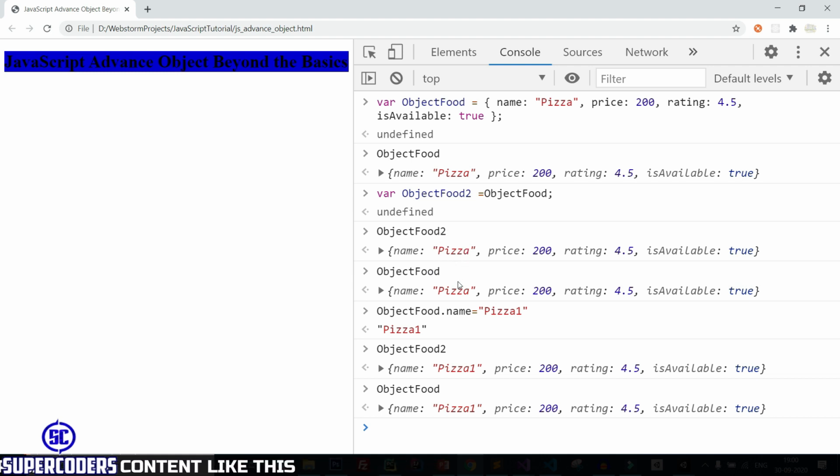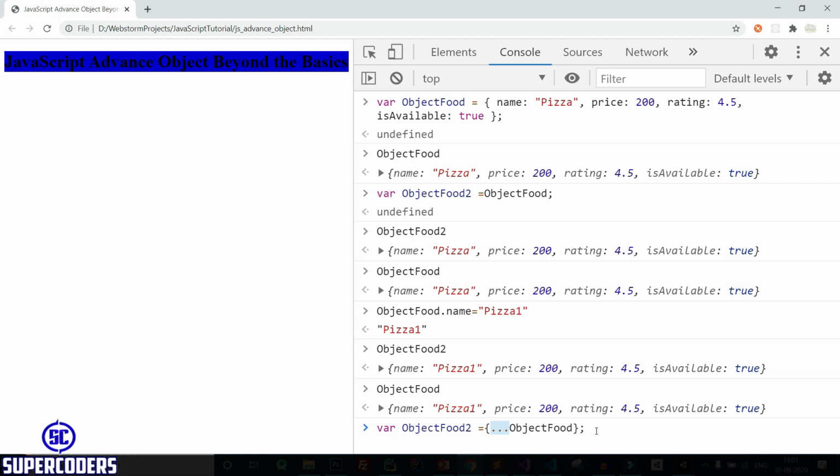So in this situation you can use the spread operator to copy the data of an object. So here I showed how it works, but now let's see how it works when using the spread operator. So let's see again. Instead of direct assigning, assign it using the spread operator. For the spread operator, enclose this inside braces. After that, pass the variable starting with three dots. So in this way you can make a spread operator and assign the value to object food 2.